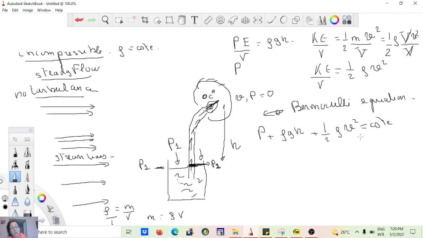So it means there is no friction happening, so you are not losing energy to heat, right? So I'm going to do the conservation of energy between here and there, okay? So I'm going to write